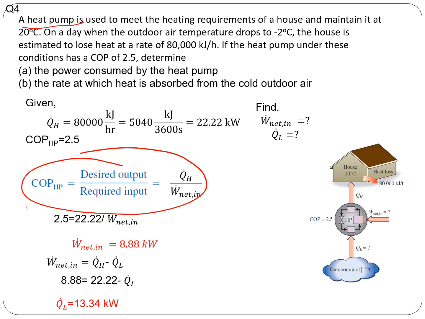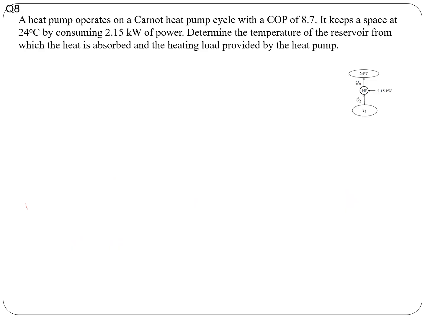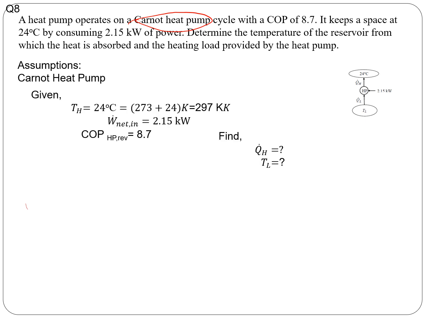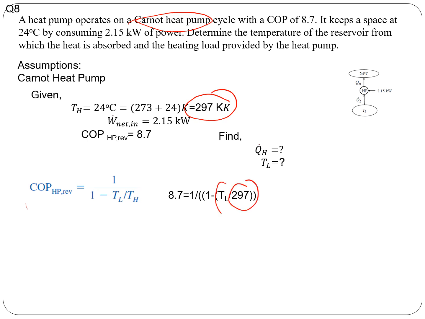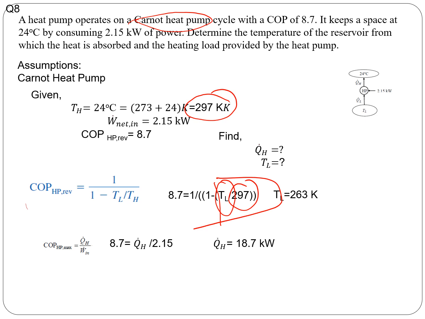But if it is a Carnot, like here it says a Carnot heat pump, then the formula based on the temperature can also be used. And remember, the temperature always has to be in the absolute temperature scale. Like here we converted it to Kelvin, and you also need to be careful about the units. When it is a ratio, always use the unit of temperature in the absolute temperature scale. Okay, so that's kind of